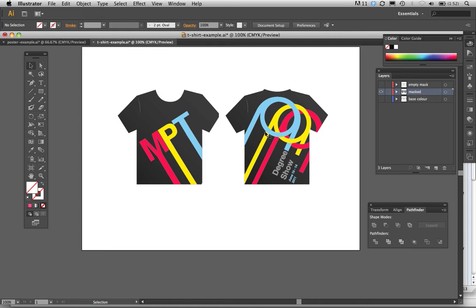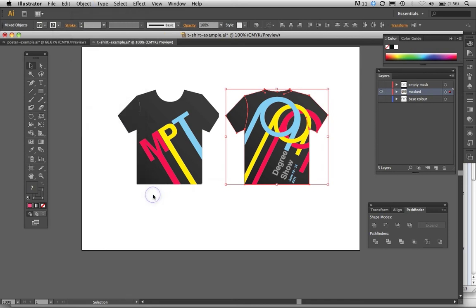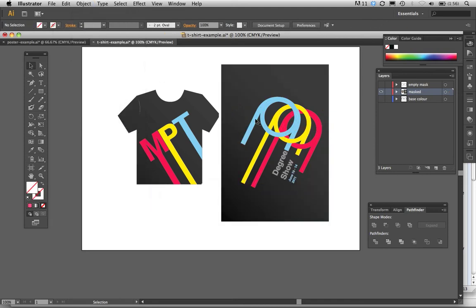So the way it works is that we have an object here, which is our t-shirt shape, and our design is placed inside that object, and then the object on top is acting as a mask. So we are going to use something called clipping masks in this tutorial. If I just go to the Object menu with that t-shirt selected, go Clipping Mask, Release, you'll see what actually is going on is that I have my design here,